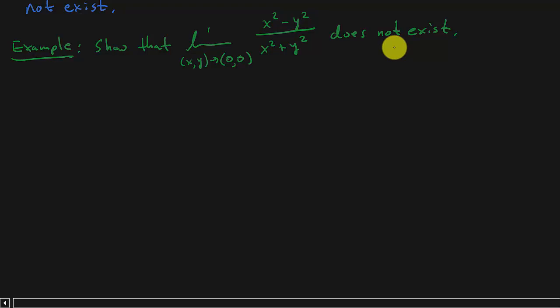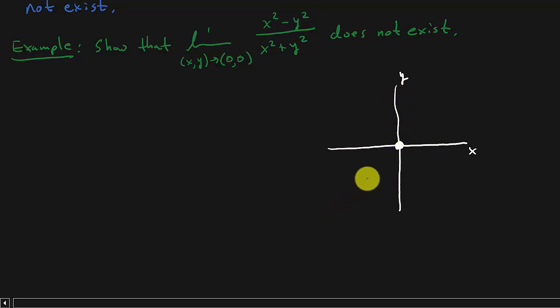So here's our point (0, 0), and we want to come into this point from different paths. We can come into this point along the x-axis, along the y-axis,